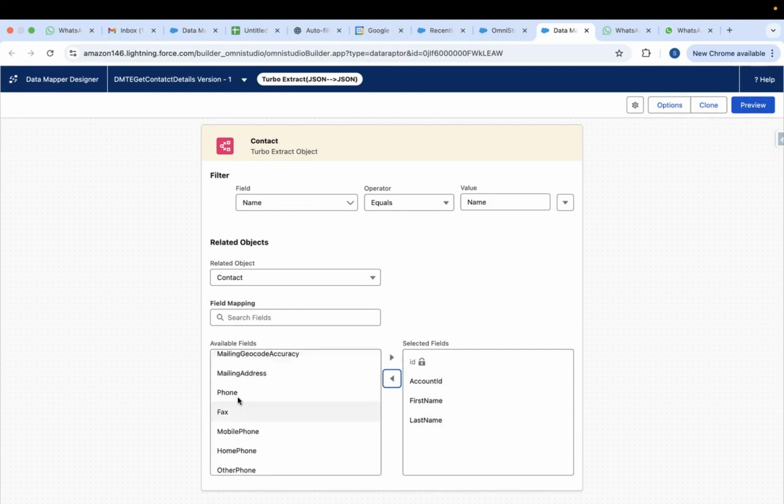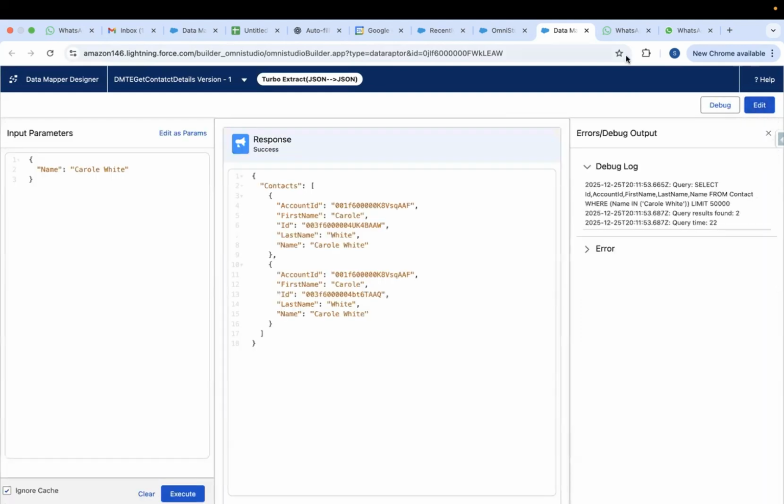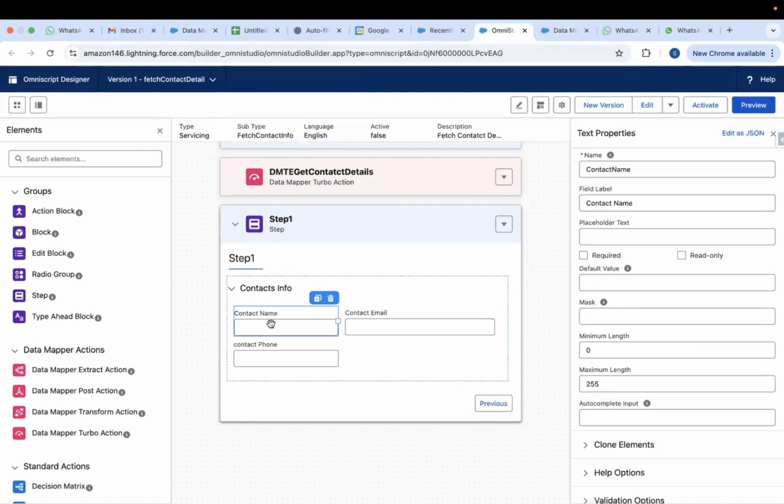And the phone number we also need to display. So going to this contact name, I'm making it contact first name. Now when you go to the preview,